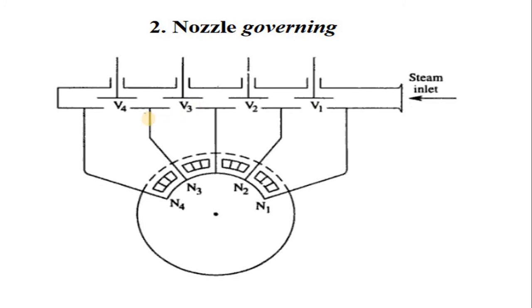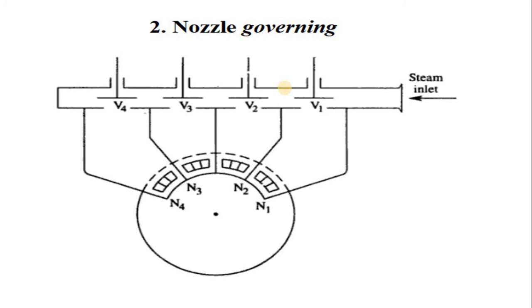When we discuss the first condition, when the load on the turbine decreases, at that time the speed of the turbine rotor or blade goes on increasing. At that time we must maintain the constant speed. We can reduce the steam supply to maintain the constant speed. It can be done by closing and opening the proper number of nozzles with the help of those valves.